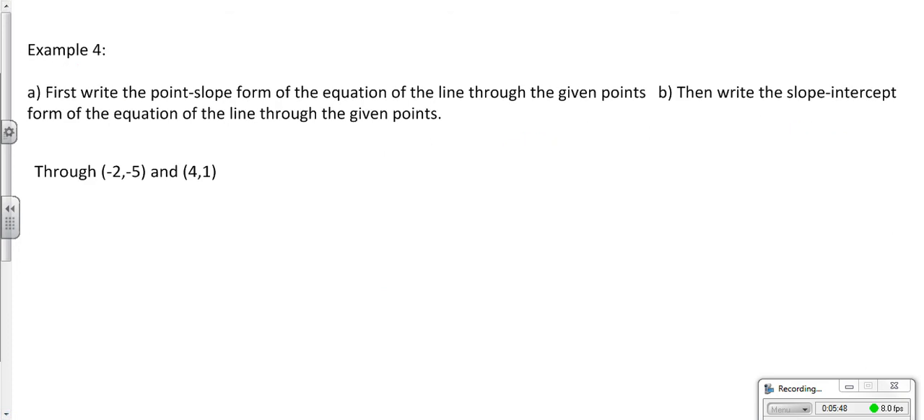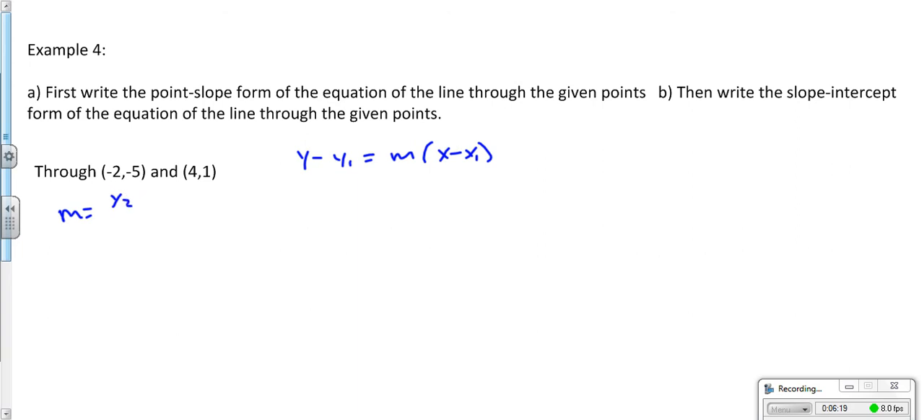All right. Example 4, we first write in point-slope form of the equation, then write in slope-intercept form. Now we have two coordinates given to us. Before it was pretty nice, we just plugged it into the equation. Well, we have two coordinates with no slope. So this is where we use the slope formula,